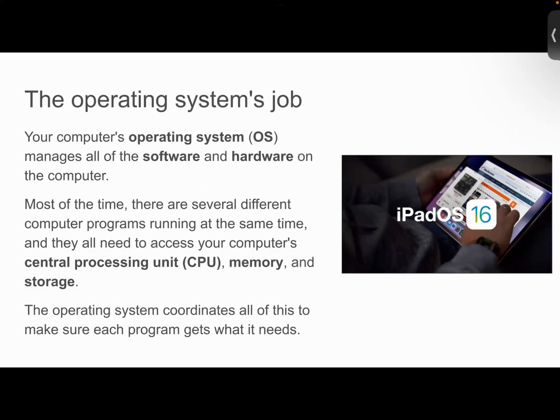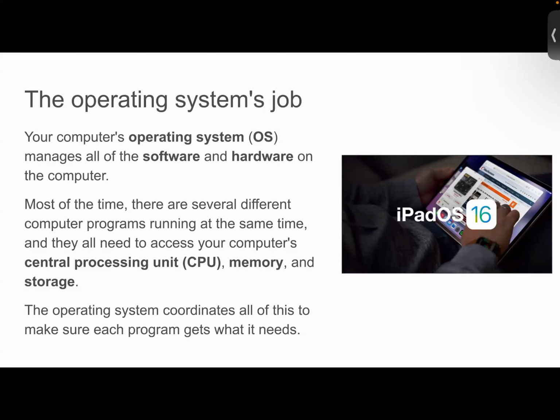The job of the operating system is to manage all the software, all the applications on that device, and the hardware, the physical components of that device. Most of the time, there are several different programs running at the same time, and they all need to access your computer's central processing unit, or CPU, as you may have heard, memory and storage. So the operating system has to manage all of that in order to function.